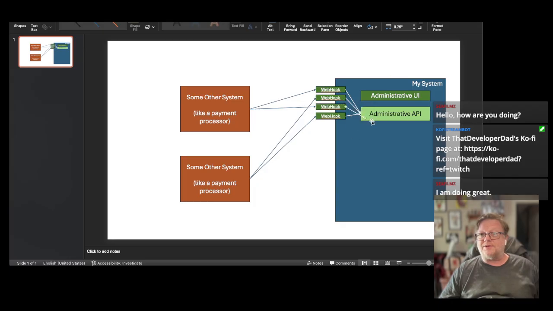So the webhooks then forward the request once the initial sanitation has happened, or sanitization, I should say, to the API. And I'm going to add one more arrow. Here we go. There's that. And then the API will